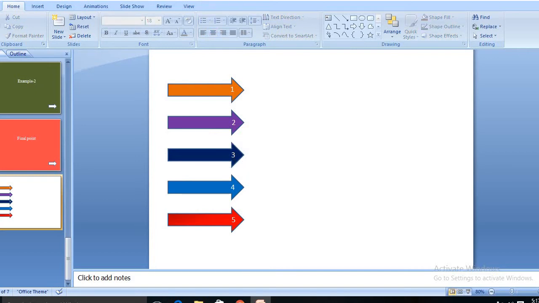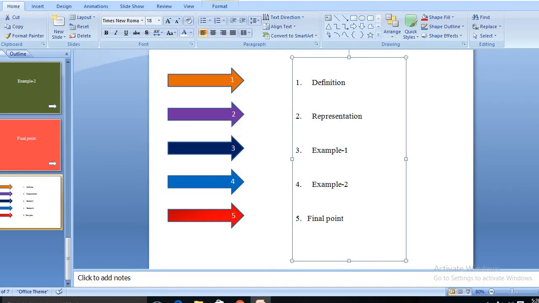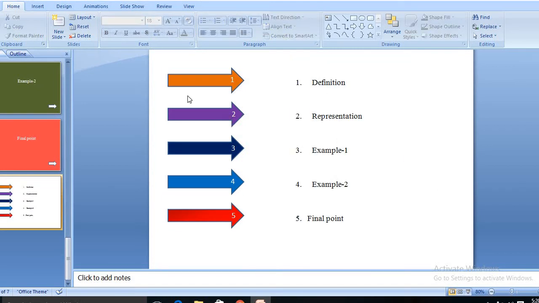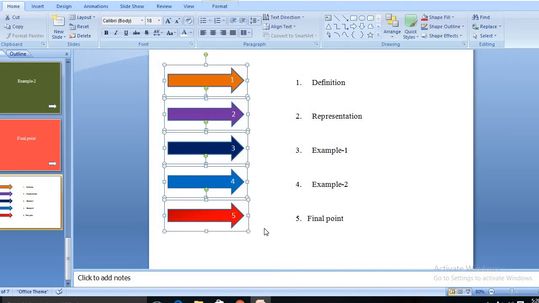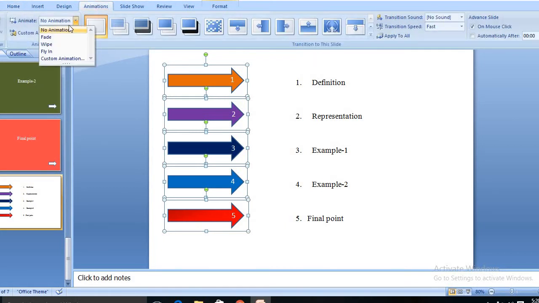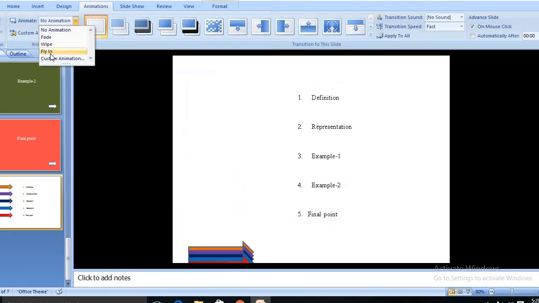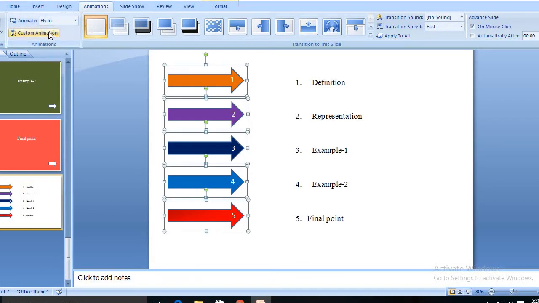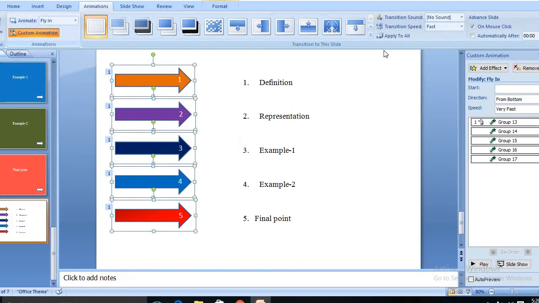After placing the groups, take the text box, write whatever you want to write here. After adding the corresponding numbers, give the animations to these arrows. Select them, go to the animation, select custom animations, start on click.